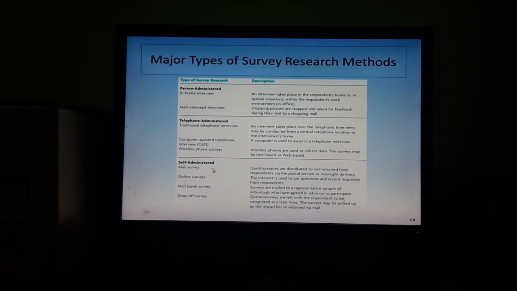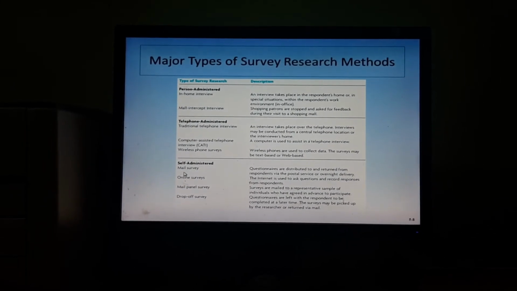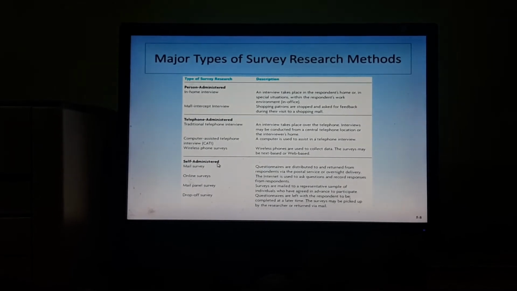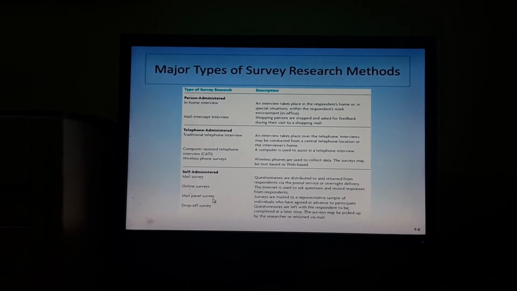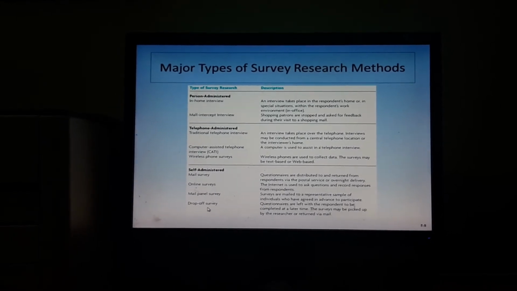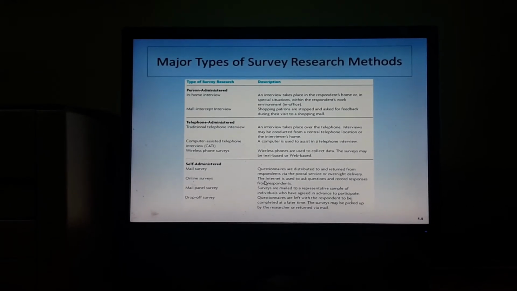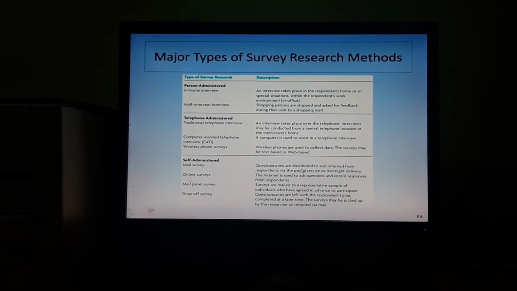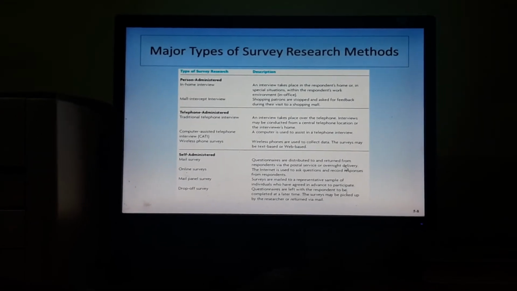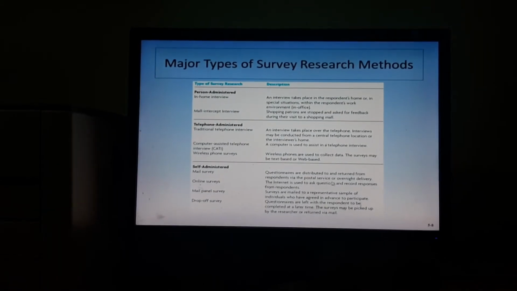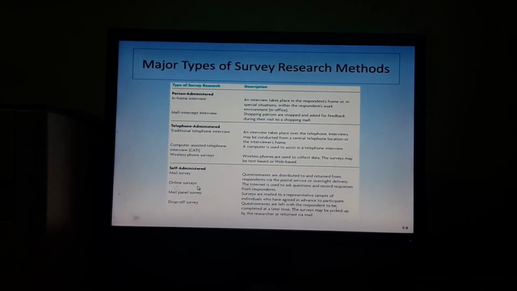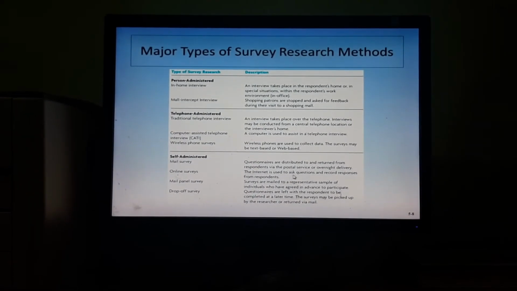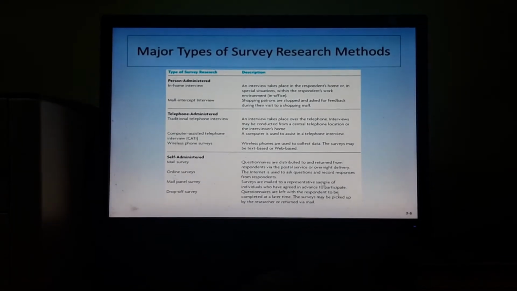Self-administered survey research methods. There are four types: mail survey, online survey, mail panel survey, and drop-off survey. In a mail survey, questionnaires are distributed to and returned from respondents via the postal service or overnight delivery. In online surveys, the internet is used to ask questions and record responses.